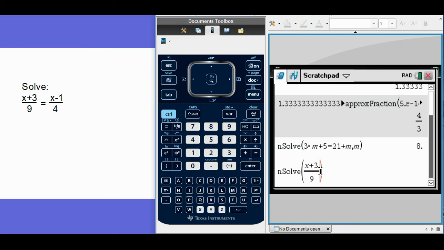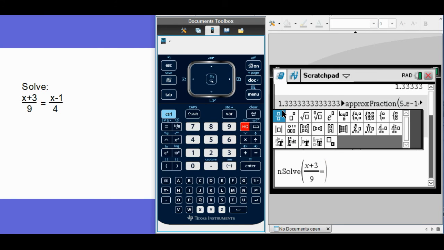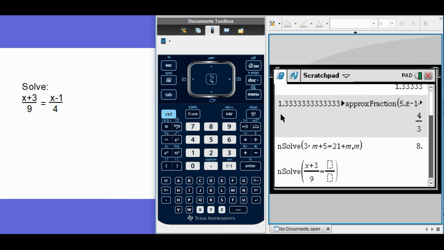So move out of your fraction, because we don't want to put the equal sign down here on the bottom. So we got to click out of this, which you'll use your mouse pad to click out of. And then hit equals. And then we want a fraction again. So we'll hit our fraction bar and then hit x minus 1